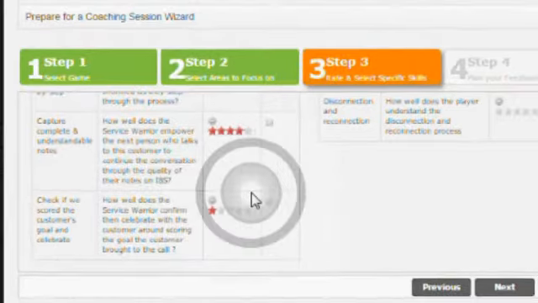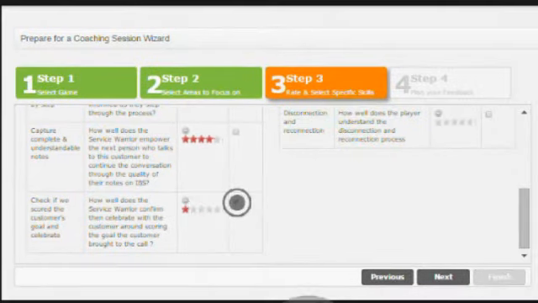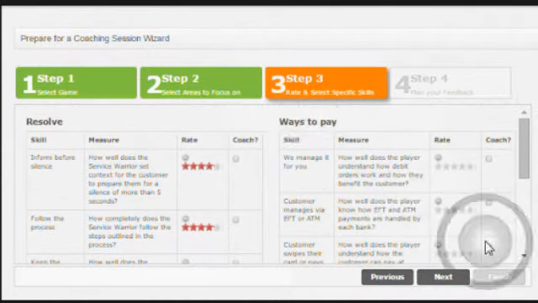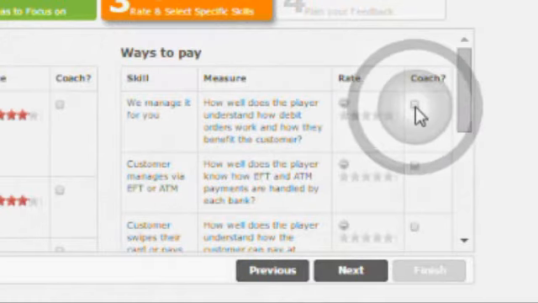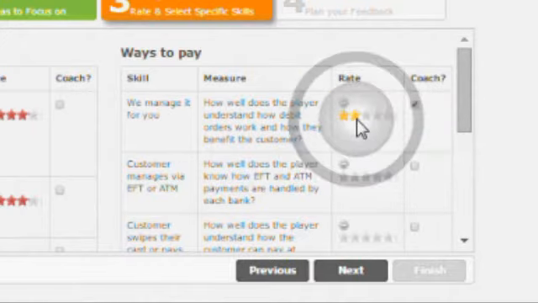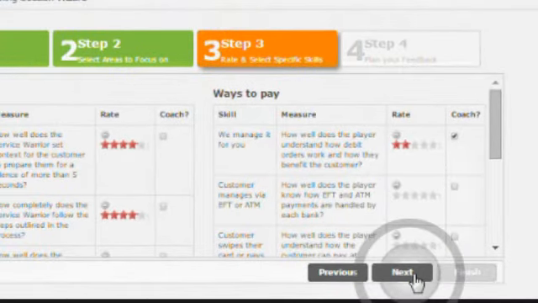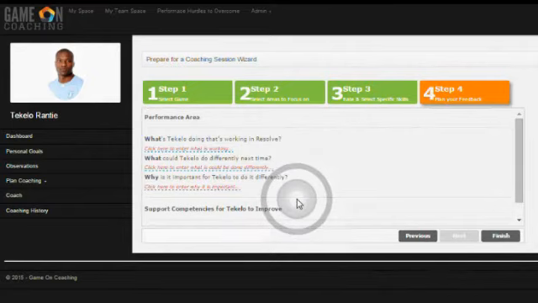So I'm going to give that a poor rating, and we're going to select it to coach. In ways to pay, we noticed that Tekelo had some difficulty working with customers and debit orders. So we're going to coach that. And then we're going to move on.